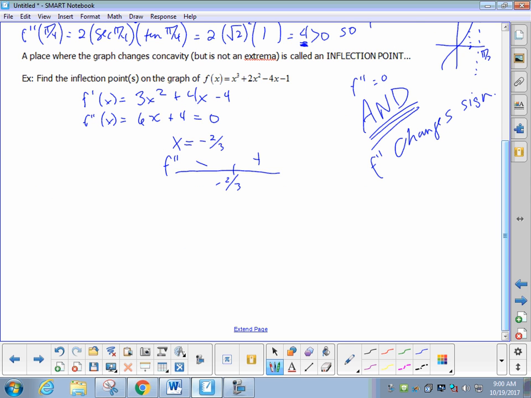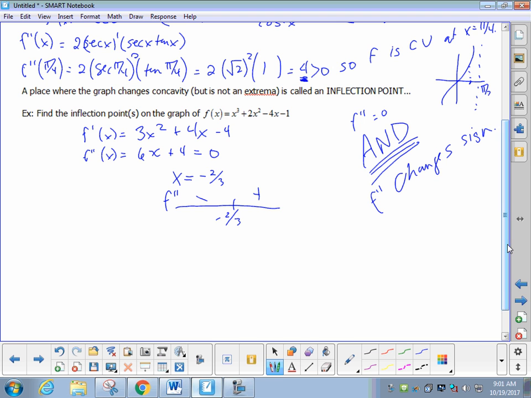Last gotcha. This is kind of like a gotcha on the last test. It says find the inflection point, not x, point. Okay, that's coordinates. So you need to say f has an inflection point at negative 2/3, and then you have to find the y. Why did I make this problem so hard? Where do I put negative 2/3? Into the second derivative, the first derivative, or the function? The function. So f at negative 2/3 is,